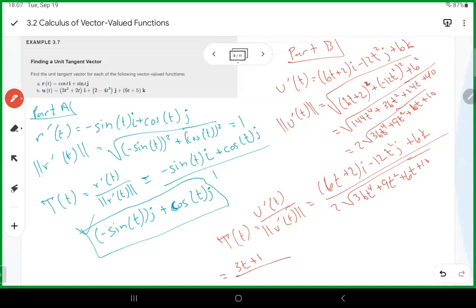3t plus 1 over 36t to the 4th plus 9t squared plus 6t plus 10 i minus 6t squared over 36t to the fourth plus 9t squared plus 6t plus 10 plus 3